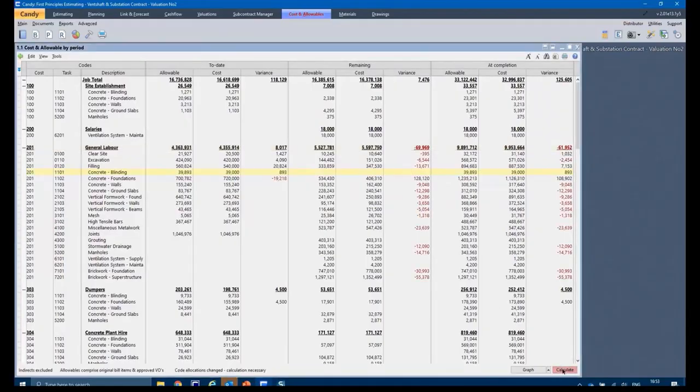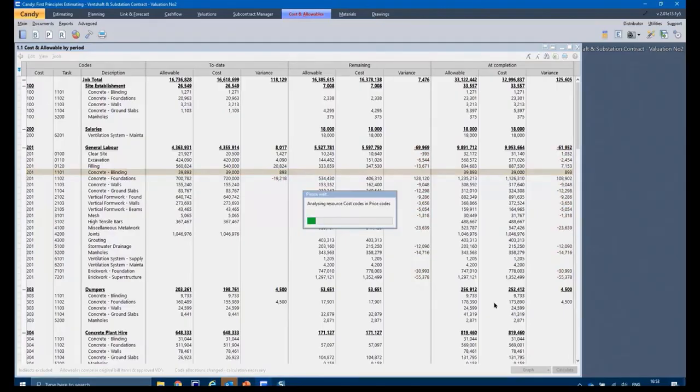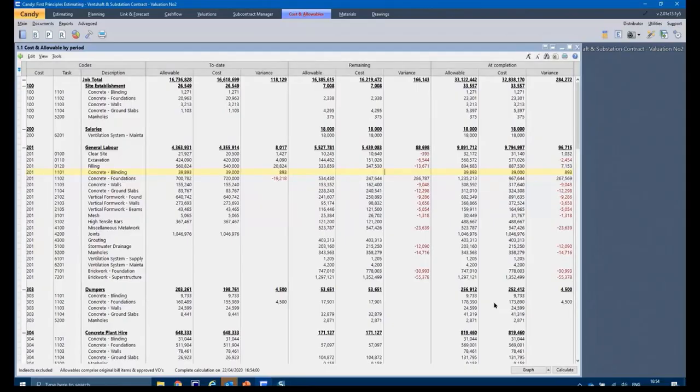If I go back to my cost report and calculate it, it's brought down that loss of 69,000 to a positive variance of 88,000 on my remaining, and that's mainly due to concrete and foundations.